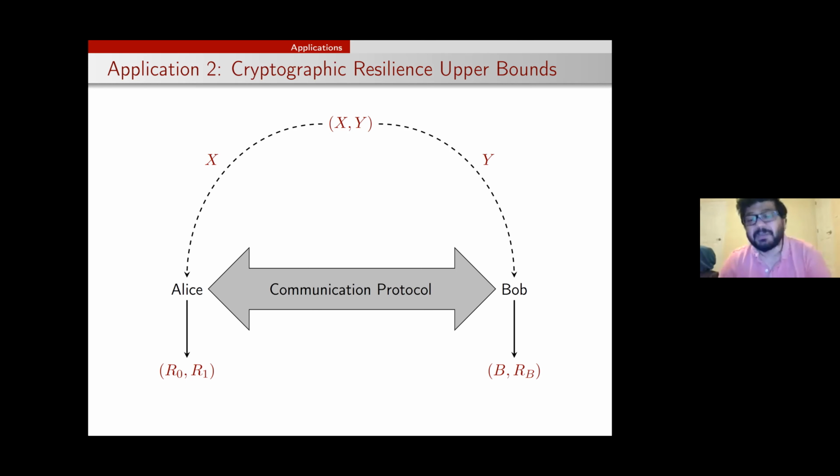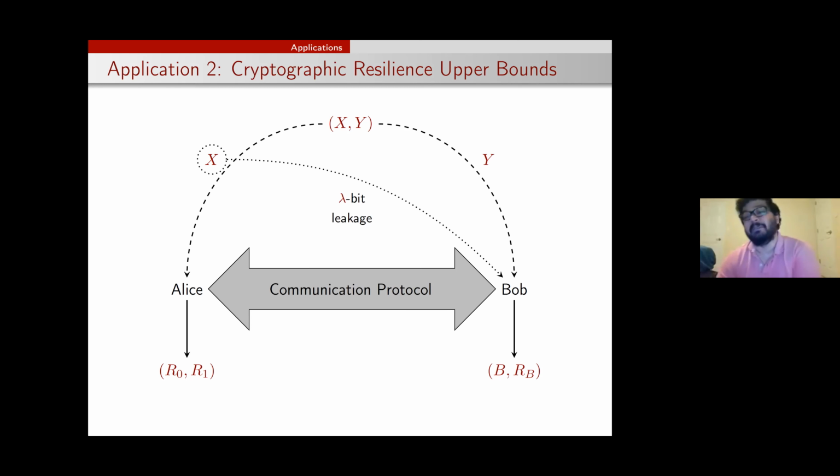This computation is referred to as general secure computation. The problem with this setup is that X and Y need to be stored with Alice and Bob for a long period of time, and therefore it is susceptible to leakage attacks. What can happen is Bob can obtain lambda bits of leakage from Alice's sample X, and then this protocol need